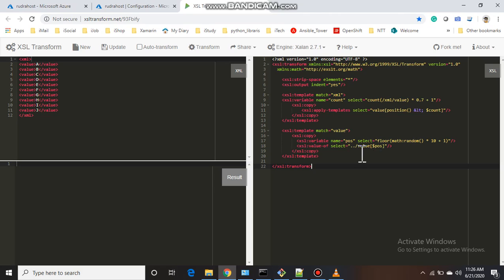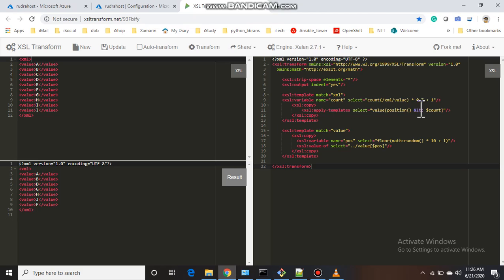Then I use that random number in the positions, so that many values should be selected randomly. I think you got my points. Now let me execute it. See, there is 0.7 plus 1, so you can see 7 values have been generated.